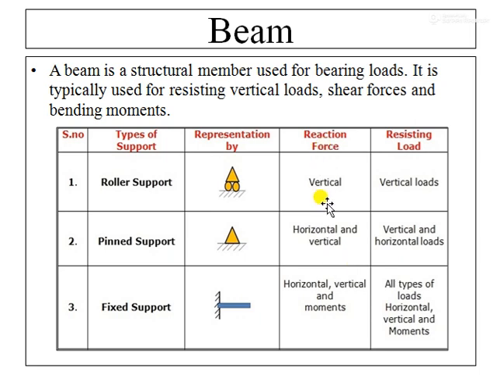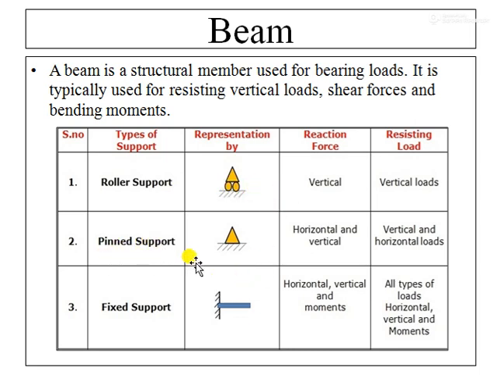The direction of reaction force is the direction of resisting loads. That is, a roller support resists in the vertical direction. There will be no vertical movement. A better example for the roller support is roller skates, where your body weight is the vertical load acting on the skates and is being balanced properly, whereas the horizontal load is not balanced, and hence with the help of the wheels the skates move ahead.